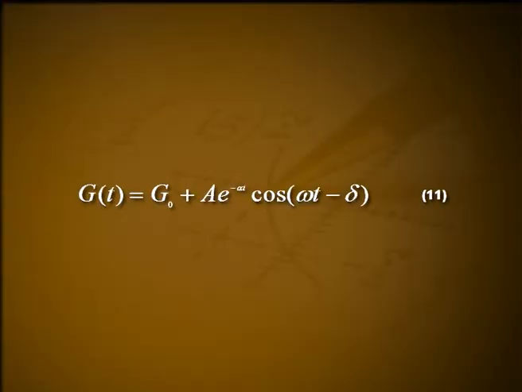This method is preferable to the first method since equation 11 is only an approximate formula for g of t. Consequently, it is possible to find values g naught, a, alpha, omega naught and delta, so that equation 11 is satisfied exactly at 4 points T1, T2, T3 and T4, but yields a poor fit to the data at other times. The second method usually offers a better fit to the data on the entire time interval since it involves more measurements.